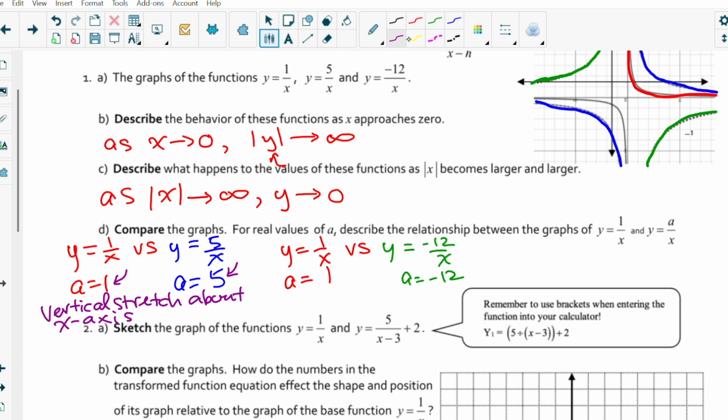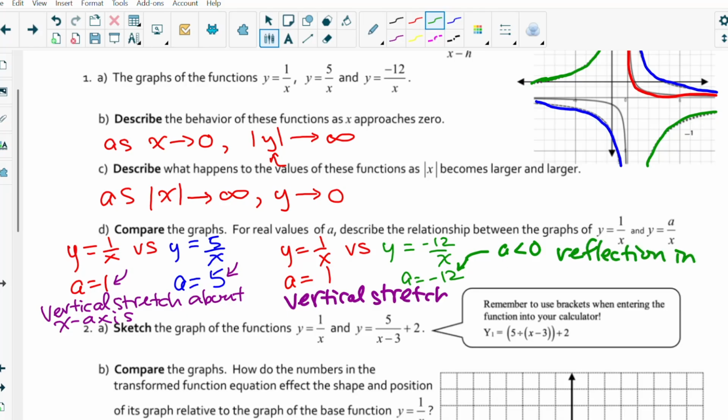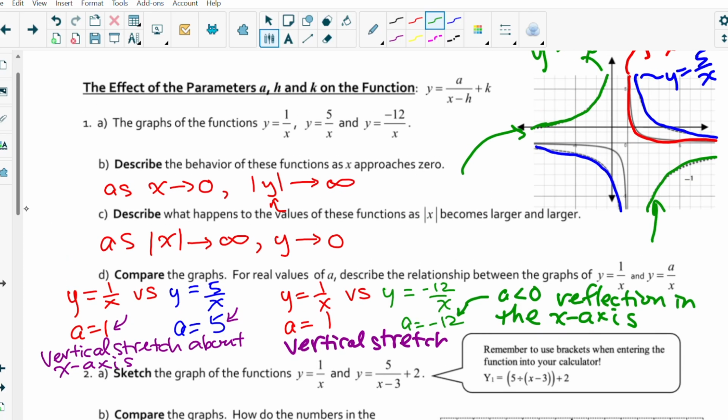So again, we have our vertical stretch about the x-axis. And then because a is less than 0, I have a reflection in the x-axis. You see that with our green function, it is flipped across that,